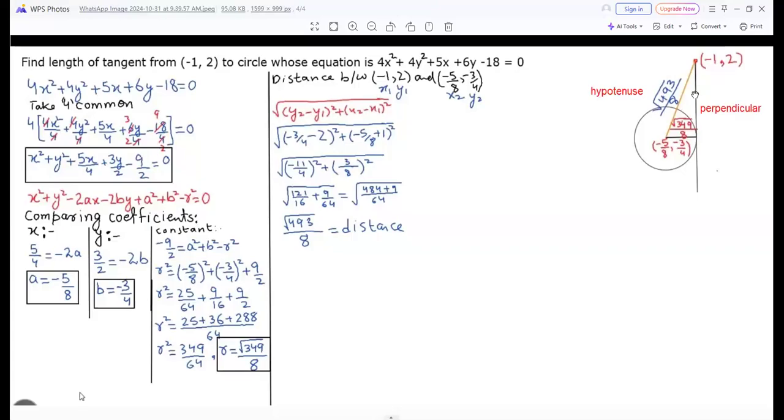And the last one, which is my radius, is basically representing what? The radius, which is this one. Let me just mark it over here so you can get the idea. This one is my base. These are the things which are given. Now I need the perpendicular. Hypotenuse and base are already given. So what I'm going to do over here is use